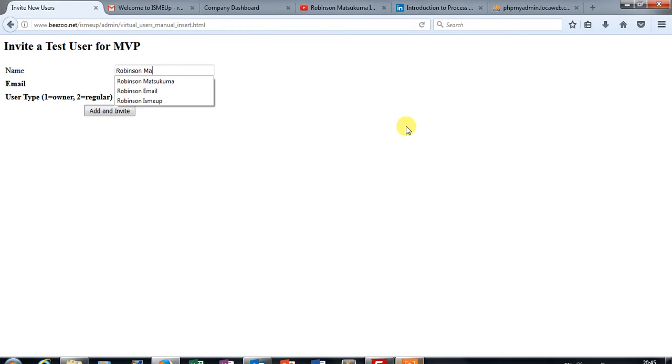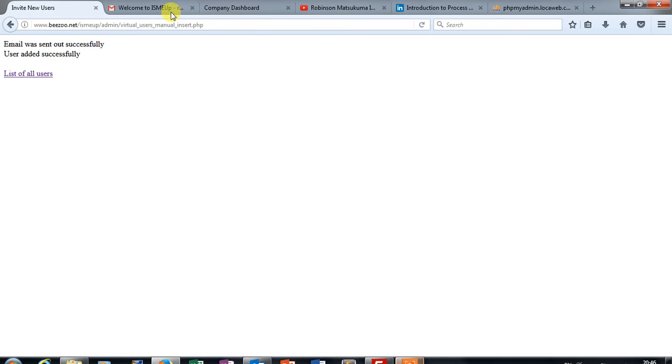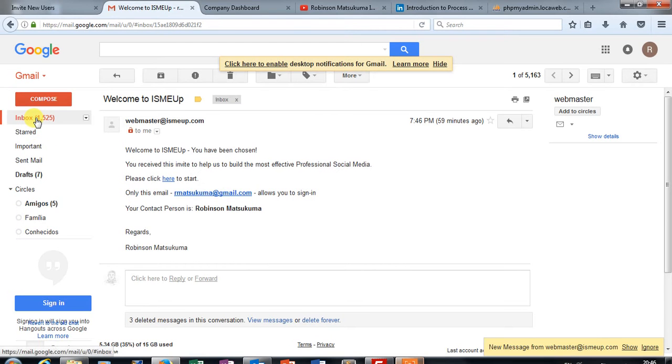I invite myself, but just to differentiate, because I don't have many email accounts, I will put here Matsukuma. I'm acting as owner. I use my Gmail to pretend that the Gmail account is the owner, and type 1, and send the invite. Okay, so if I check my Gmail account,